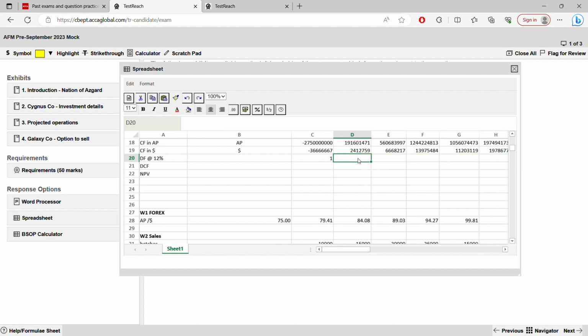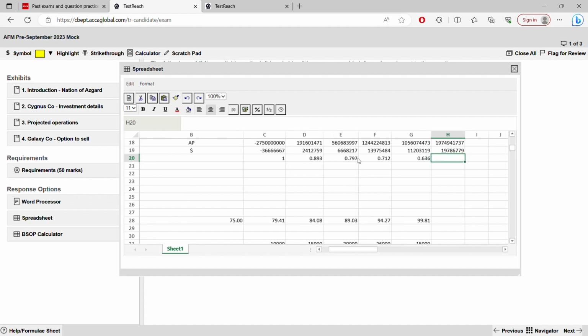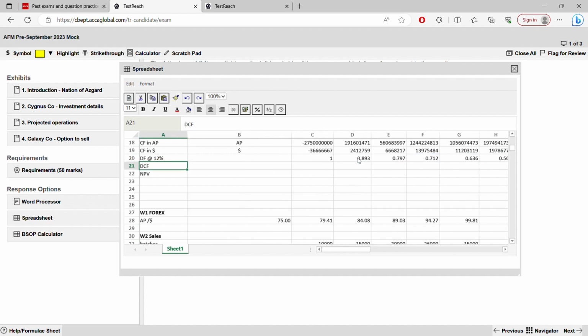So rather than copy pasting it, just type it. It needs to be in 3 decimal places: 0.893, 0.797, 0.712. It's from that table. You don't have to memorize all this, okay? Since the table is there, use the table. 0.567. Now, when you want to find the discount factor, it is simply,